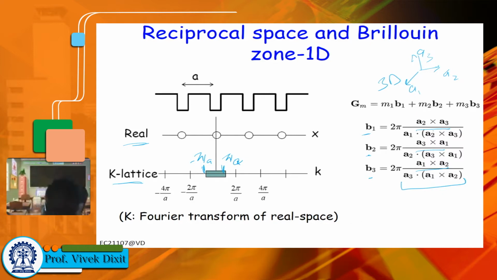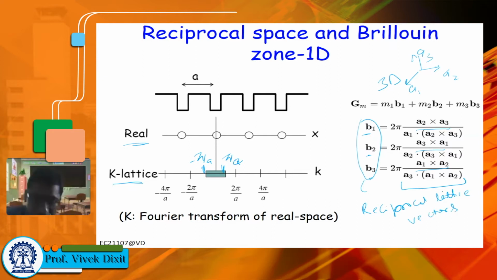So here A1, A2, A3 are the lattice vectors, and B1, B2, B3 are the reciprocal lattice vectors. They are reciprocal lattice vectors. Now I will give you some